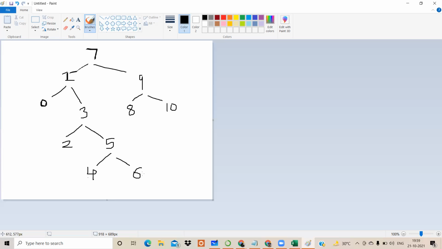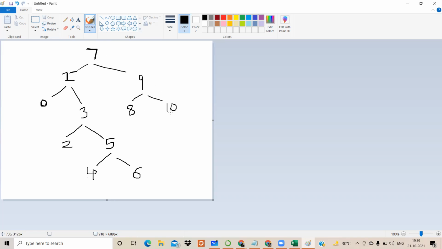4 के बाद it is going to print its value of the right element, that is nothing but 6. Abhi 6 के बाद 6 is not a root, so it will go back. So that means 5 will be printed after that. This will go back. That means 3 will be printed after that. This will go back. That means 1 will be printed after that. That means my entire left hand side is traversed. I'm not going to print 7 right now because ये main tree का root है, so that will be there at the end. So यहाँ से हम इसके right पे आ गए, but right itself is again a tree.